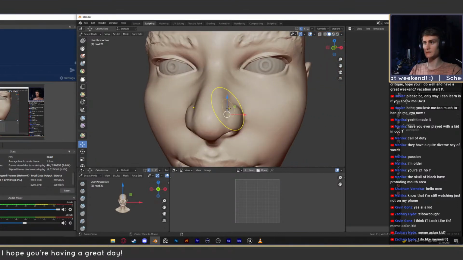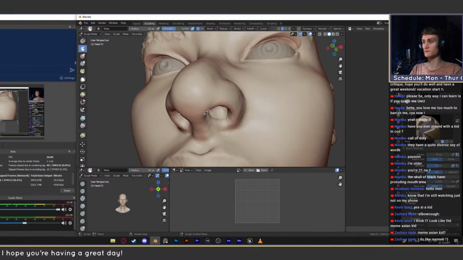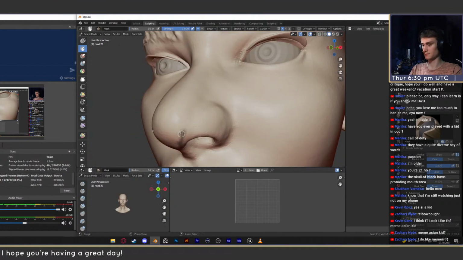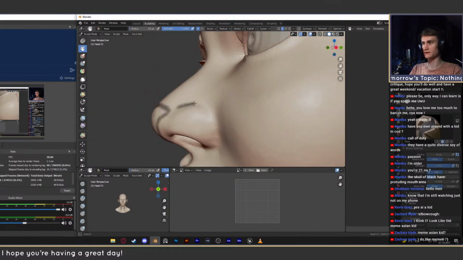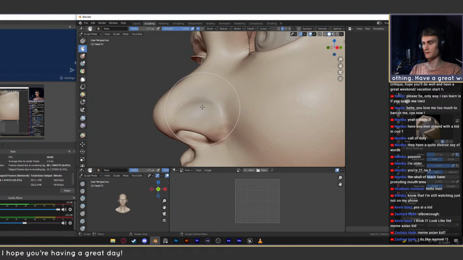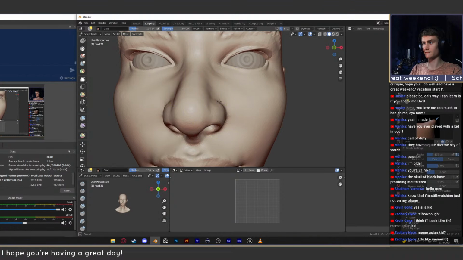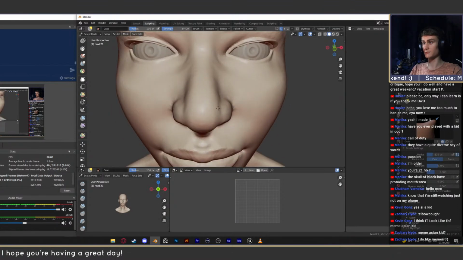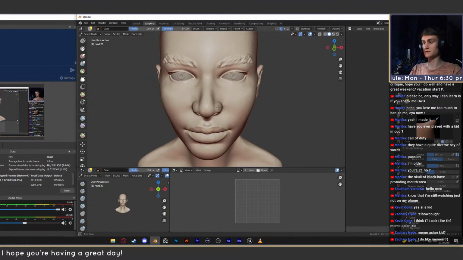So if I would kind of draw in what the nose tip would look like, including these two flaps for the tip of the nose, it would probably look something like this. That's probably where the tip ends. You can see the nostrils go even higher than that. So what I would do is I would move them down a little bit. Maybe to there. I think I made the nose a little bit thinner. Of course, that is maybe a little bit more